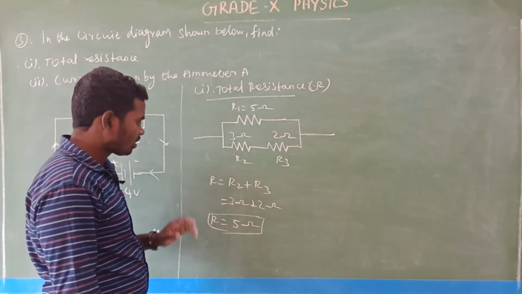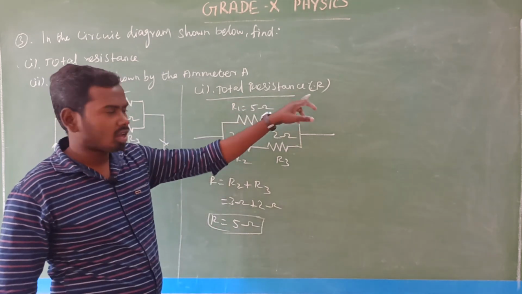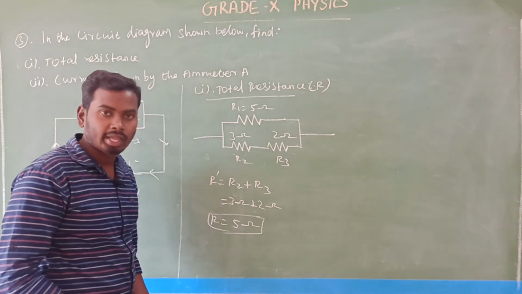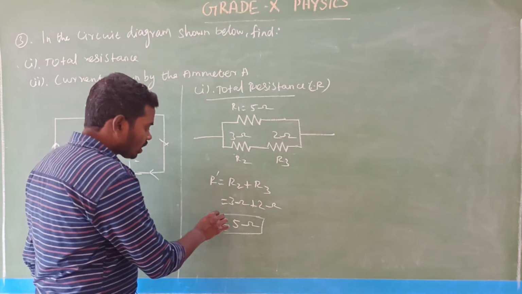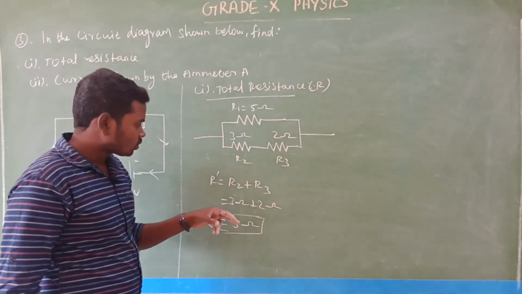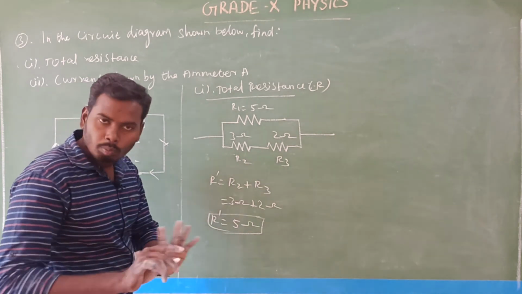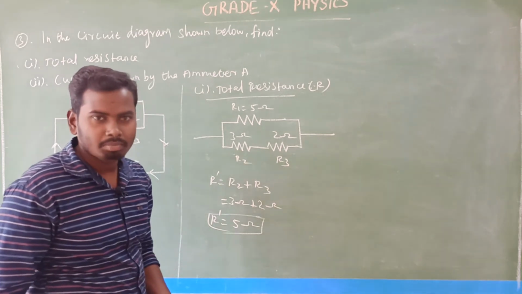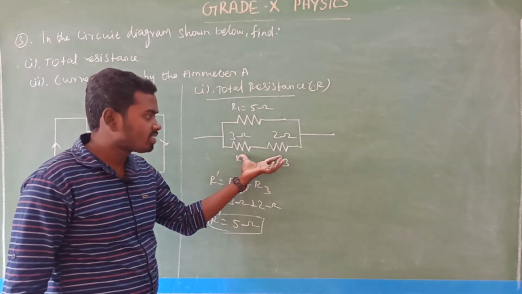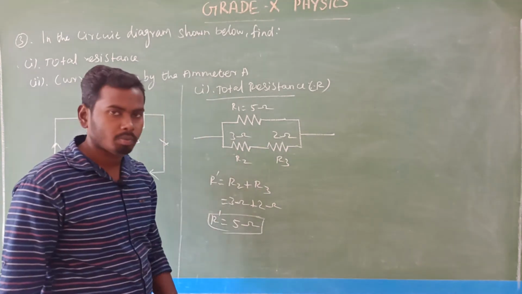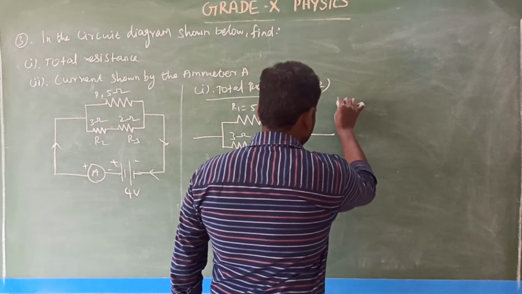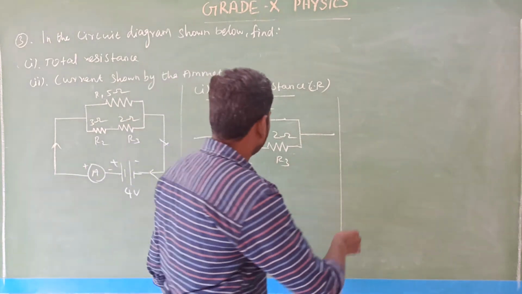The main total resistance is R, and we already have R1, R2 and R3, so give another name: R dash. That is for our convenience. We can choose that, no problem at all. So R dash is equal to 5 ohm. We have converted these two resistors connected in series into only one resistor, equal to 5 ohm. That's all. Now you again modify the diagram. Look here, I am going to modify this diagram again.